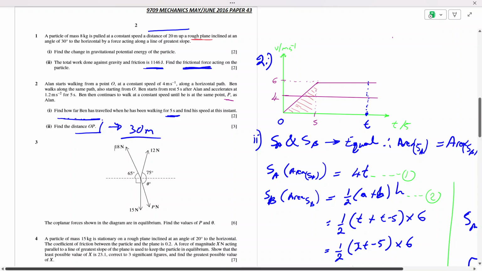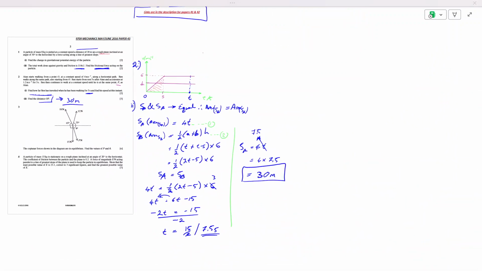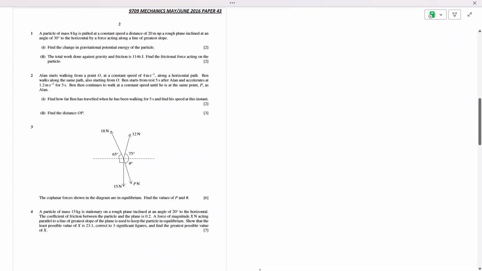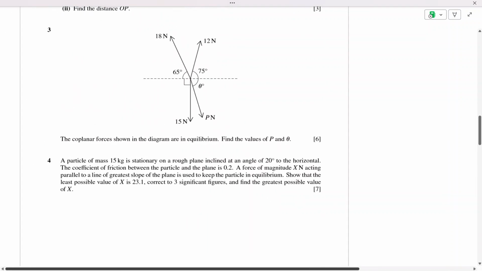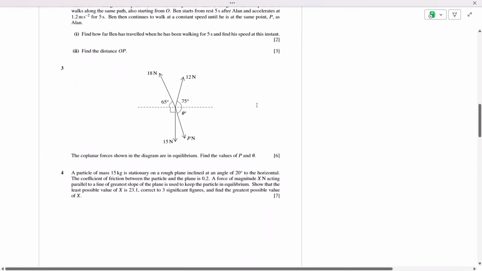Right. I'm going to clear this up. Okay. Question 3. Question 3 reads, the coplanar forces shown in the diagram are in equilibrium. Find the values of P